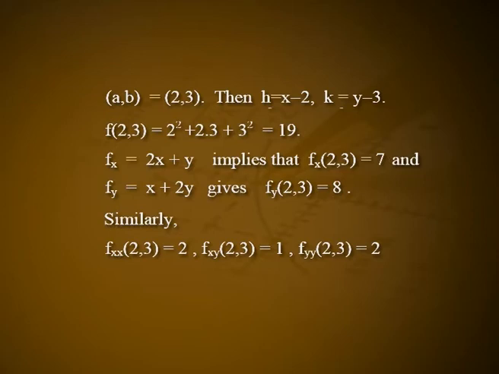Similarly, fxx(2, 3) = 2, fxy(2, 3) = 1, fyy(2, 3) = 2, and fxxx = 0, fxxy = 0, fxyy = 0, fyyy = 0. All other higher order partial derivatives vanish at (2, 3). Hence, from Taylor's theorem, f(x, y) = f(2, 3) + Df(2, 3) + 1/2! D²f(2, 3) + etc. + 1/(n−1)! D^(n−1) f(2, 3) + Rn,